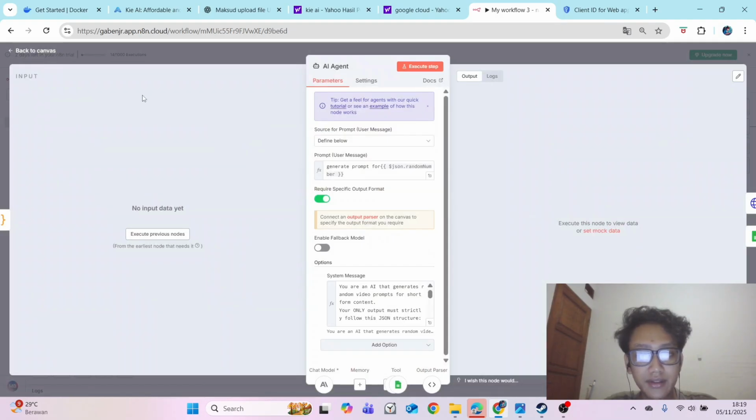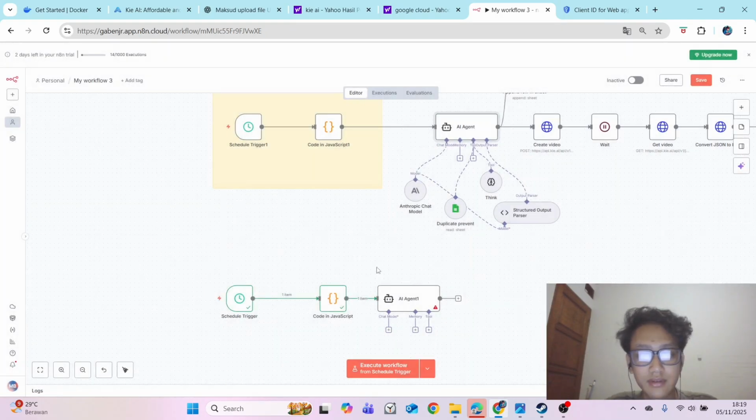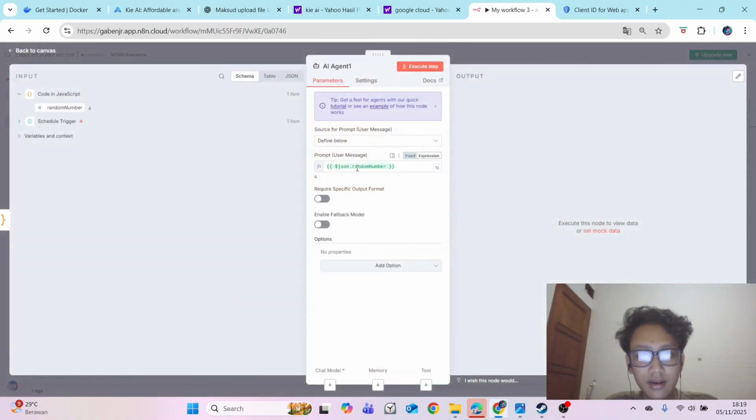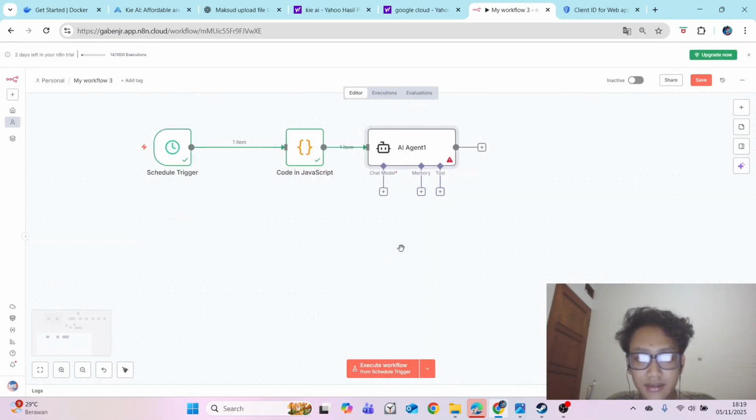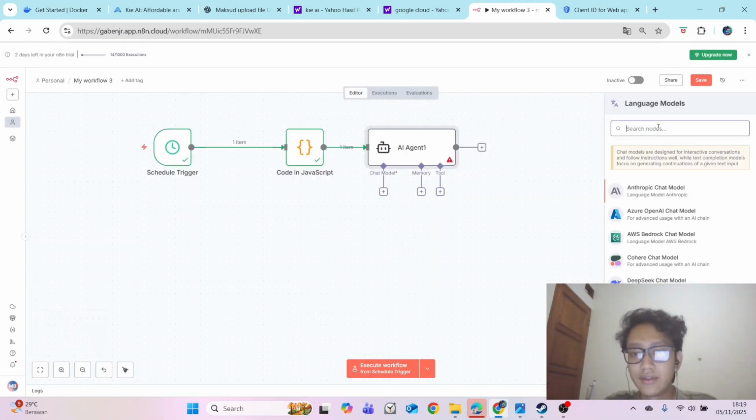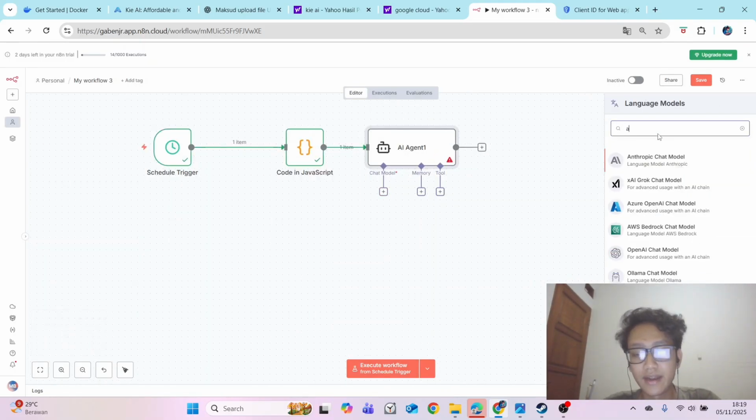Okay, so we need to put this generate for JSON number. JSON number means your random number, and after this you can go to the chat model, and you search for Anthropic.